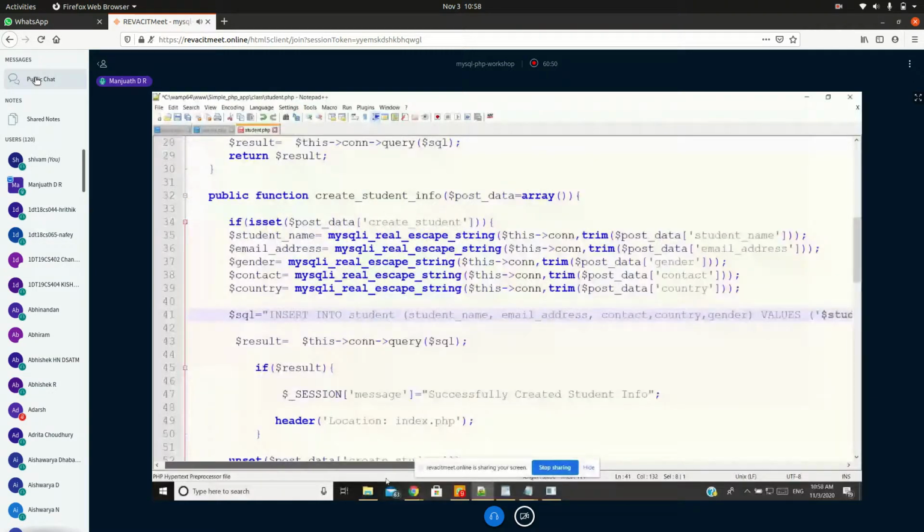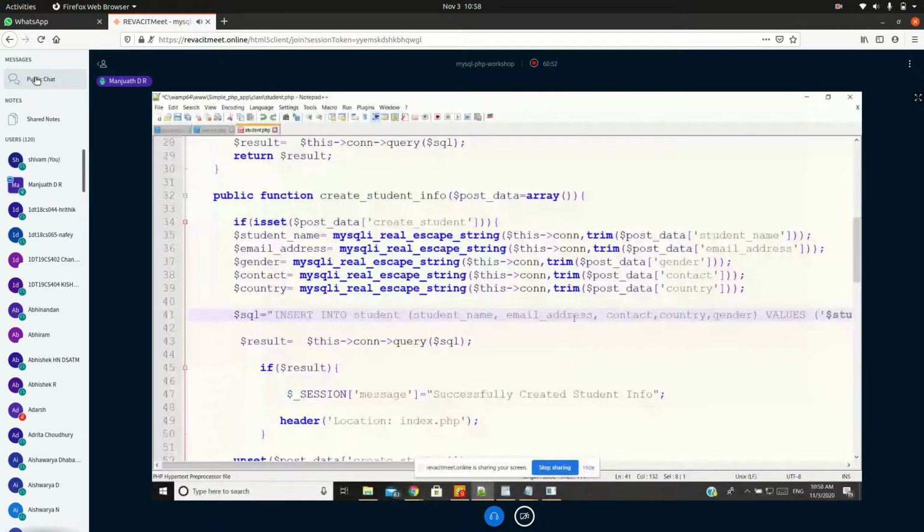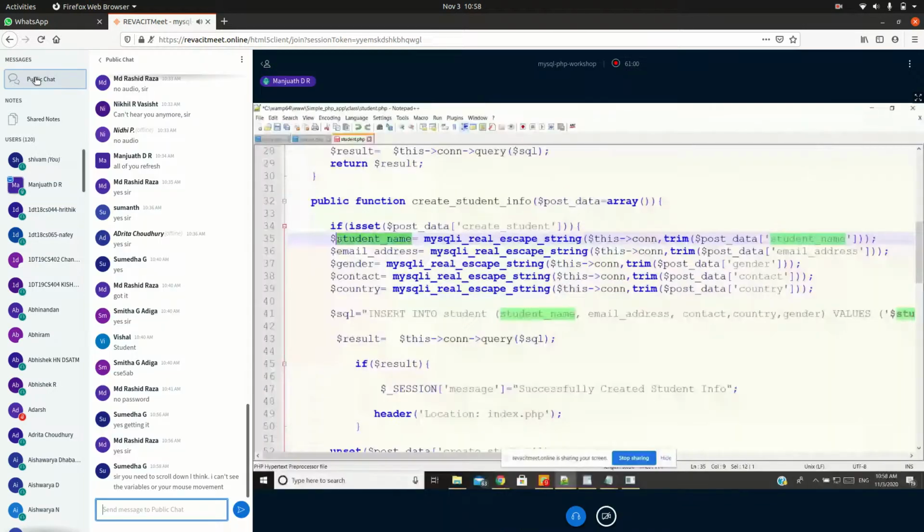By default I have given a local timestamp, so I'm getting the value from the PHP file. And I'm going to store that value into a separate variable and use it in order to insert into my student table. This model, whenever I create a new student, grabs the data from the front end, and the grabbed data is very important, how they are giving the values.